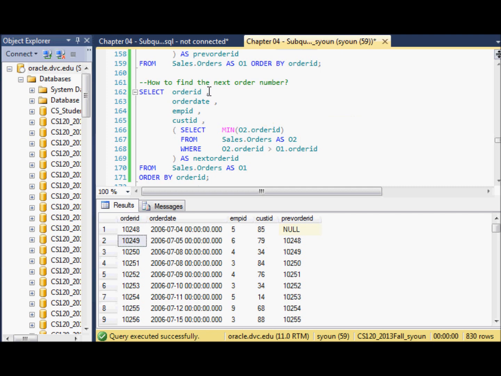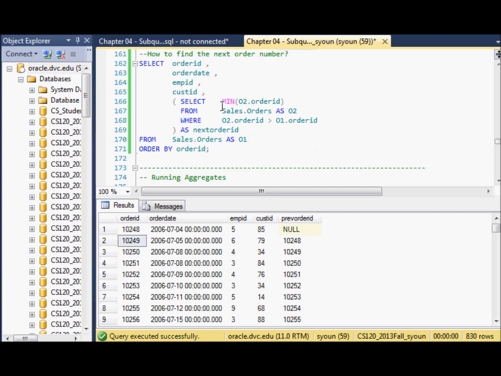How to find the next order number then? Well, we will do the same thing, similar to the above. Only difference would be you have this next order, and you have order ID is bigger than this, and you have a minimum. So all the order IDs higher than the current order,